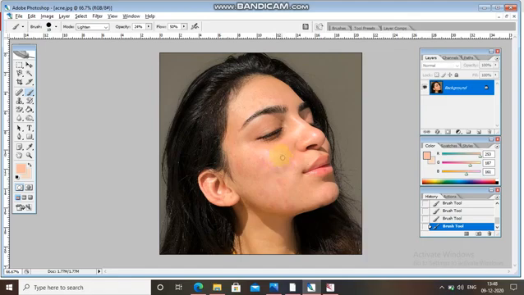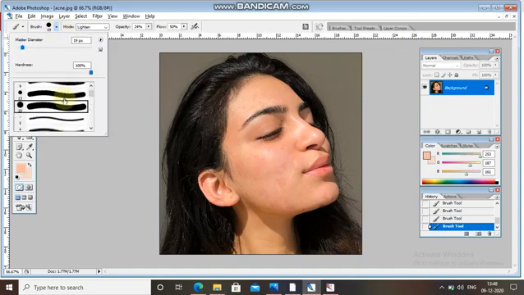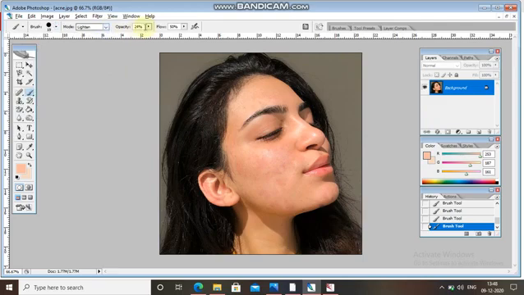Okay, slowly you go for that. Okay, increase the size of the brush. 19. Opacity you can take 50%. Okay, see, slowly I am removing.